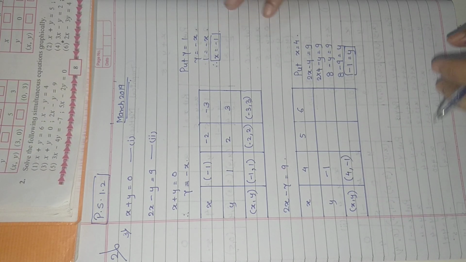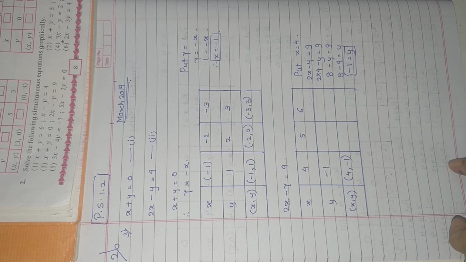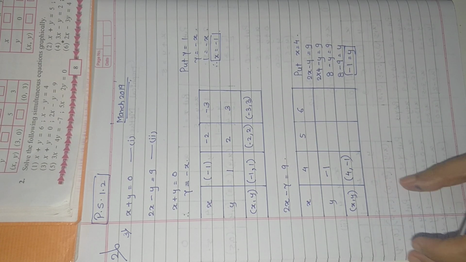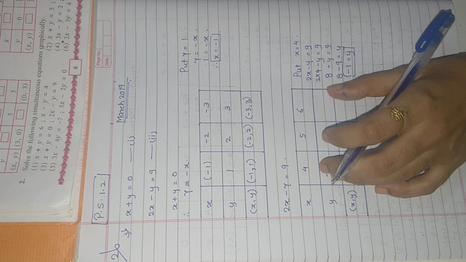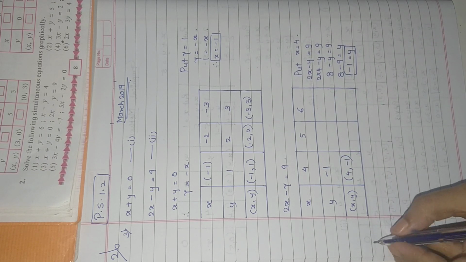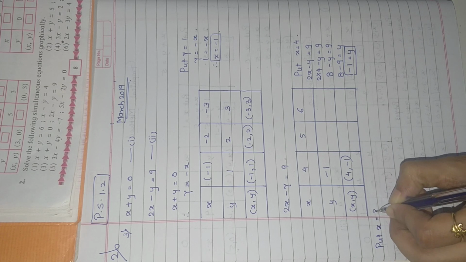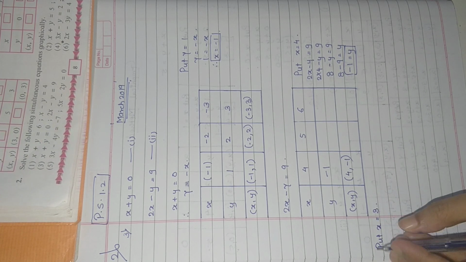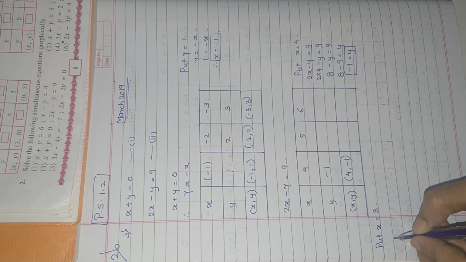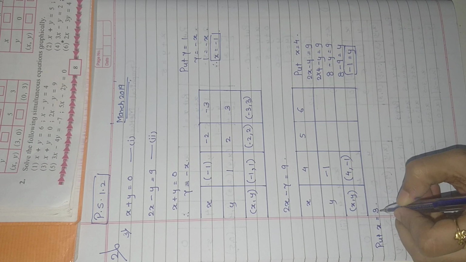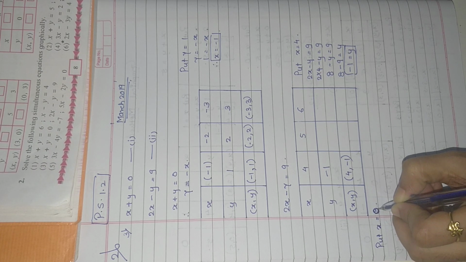Clear? See, on the side, I'll just explain why I am taking these numbers. Imagine if I am taking 3. This is not going to count in your sum, but for your explanation, I am showing you here. Put x is equal to 3. Look what happens. Sorry, for better explanation, you put x as 0.